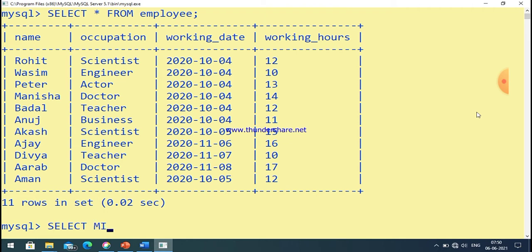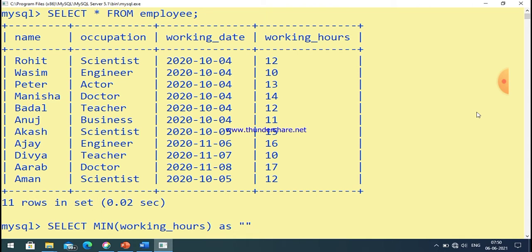Let us take an example of the min function first. So just write select min, and if you want to find out the minimum working hours, just write working hours as the column name, as the parameter value for the min function. So min working hours, and then rename it, give it another name.